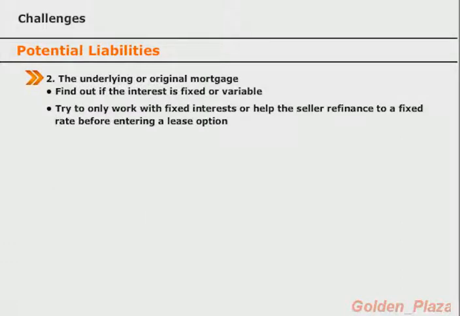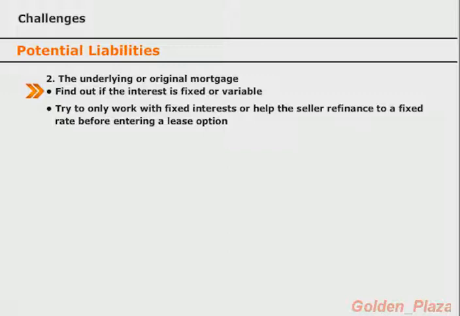A second potential liability is the underlying or original mortgage that the owner is responsible for paying. It is to your benefit to find out if the loan interest rate is variable or fixed. Ideally, you don't want to work with a seller whose loan is variable because the payments can and will change. If the seller either doesn't make the payments or they get higher than what your monthly payment is and the